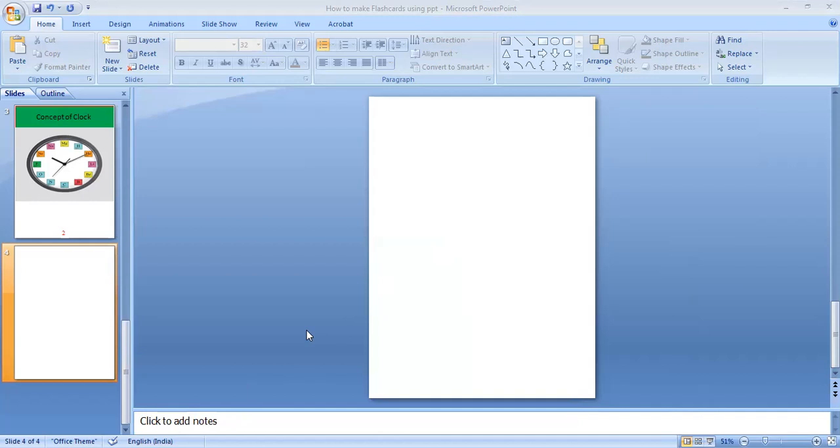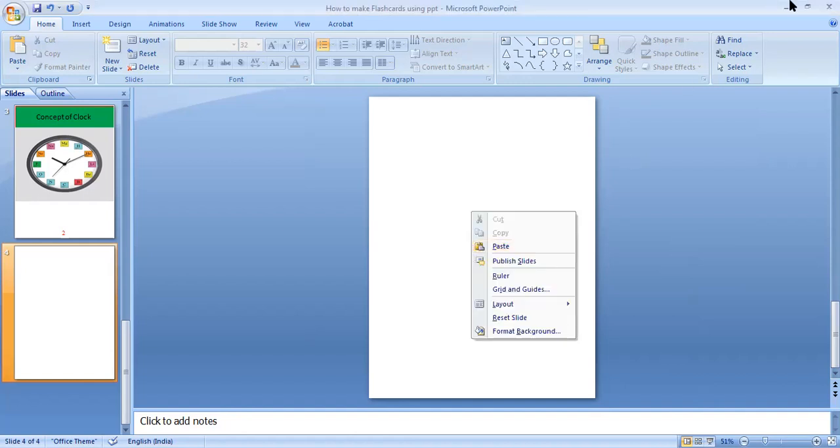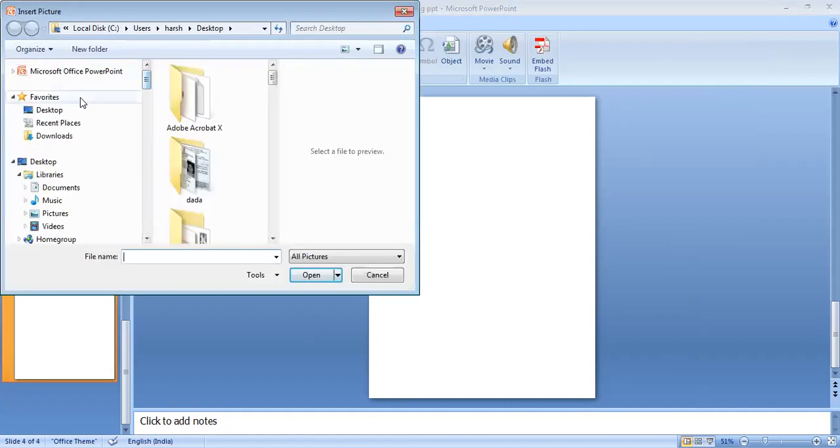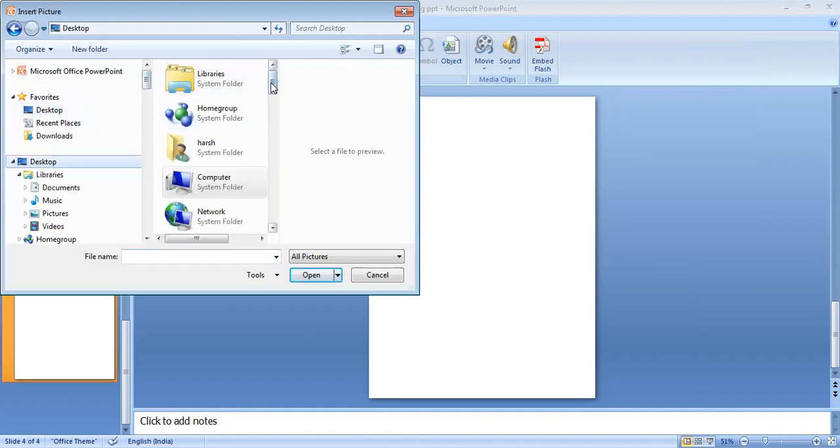I save that image, and then I can also go into insert picture, and I can select it from my desktop.